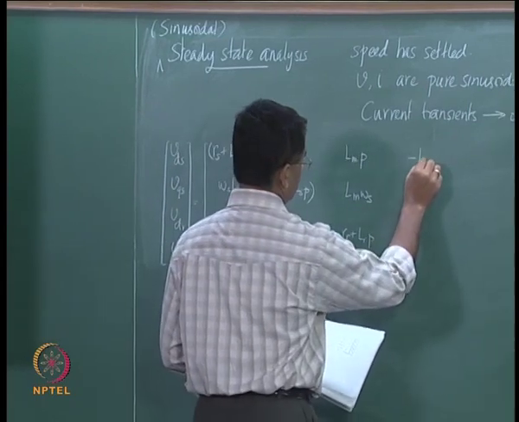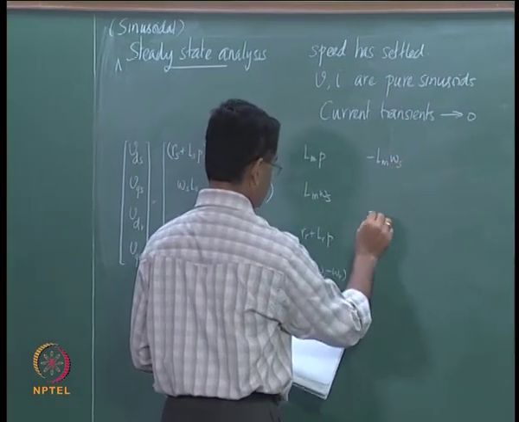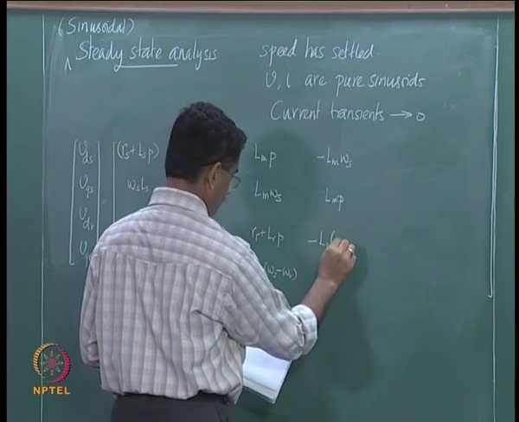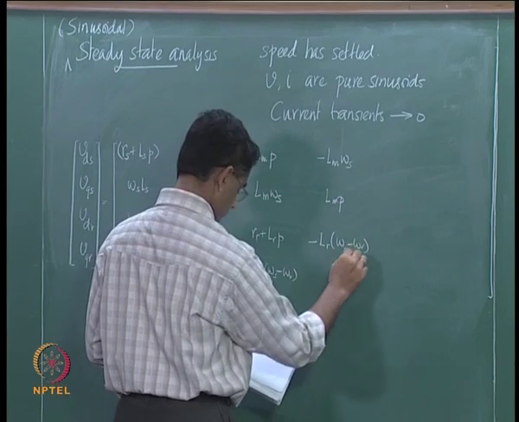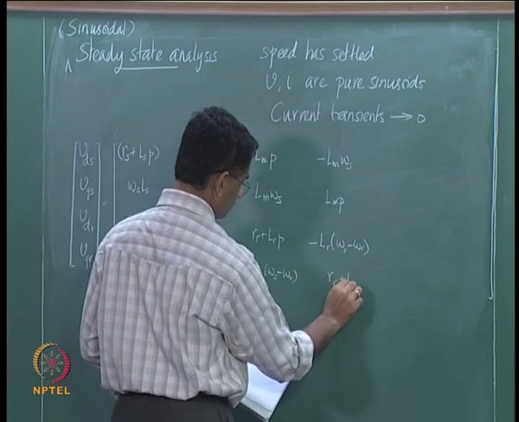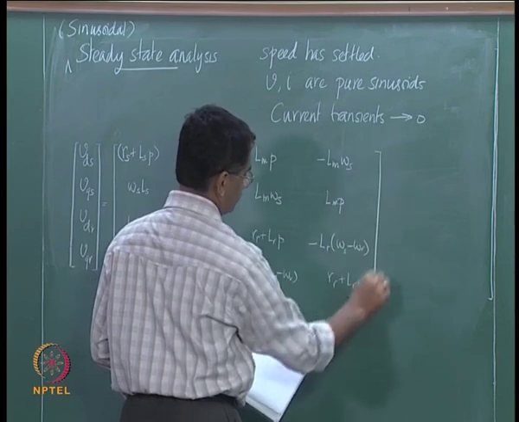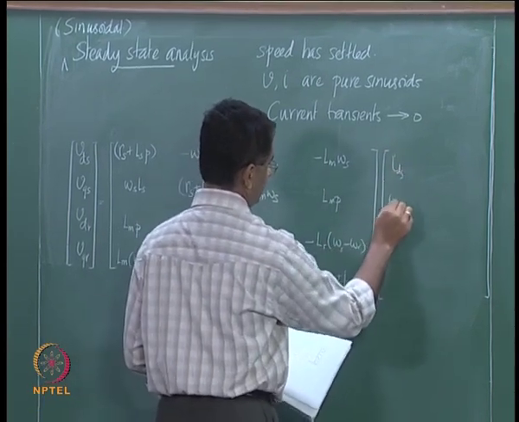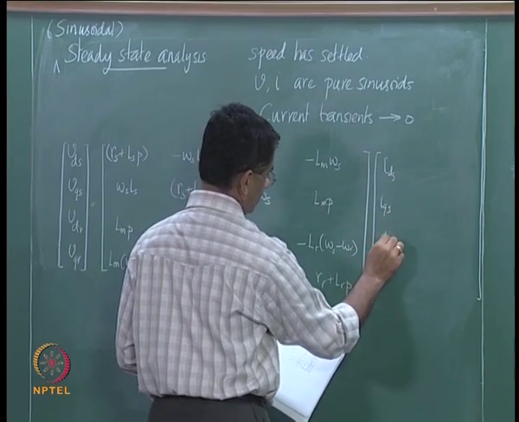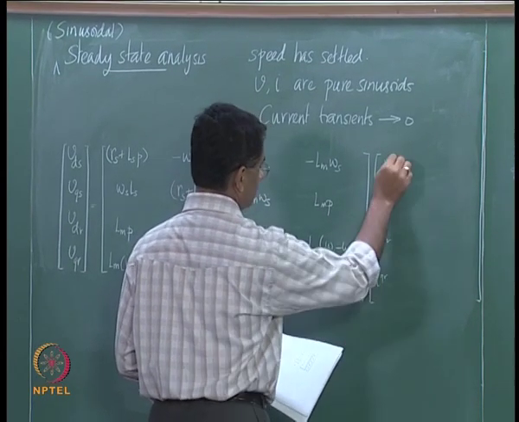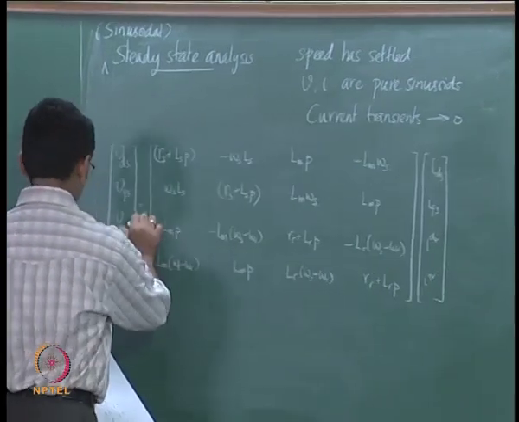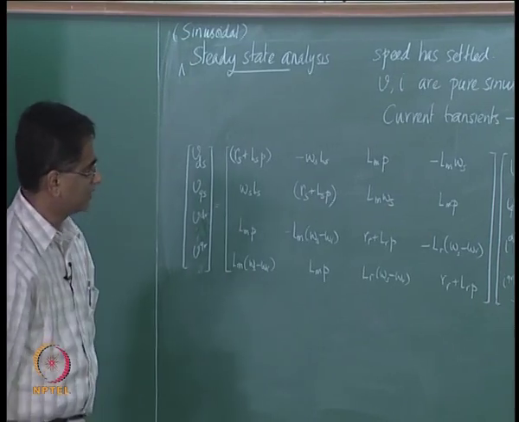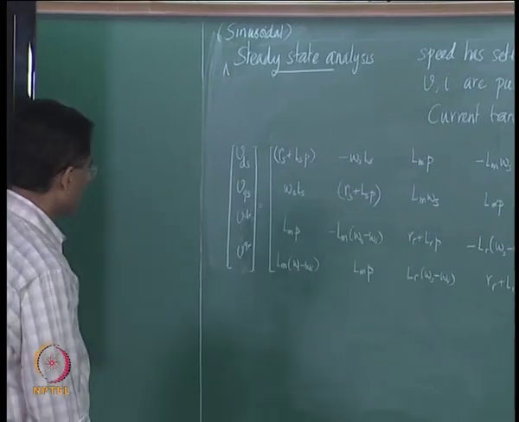R minus Lm omega s into P. So this would then be the machine equation with IDS, IQS, IDR and IQR, similarly VDR and IQR. So that is the machine equation. Now